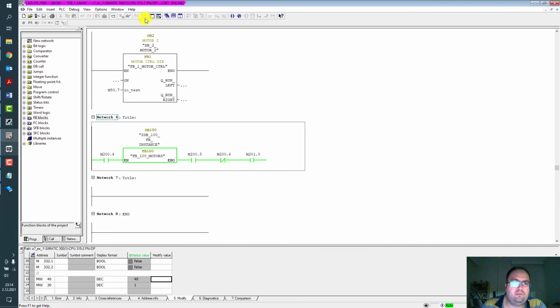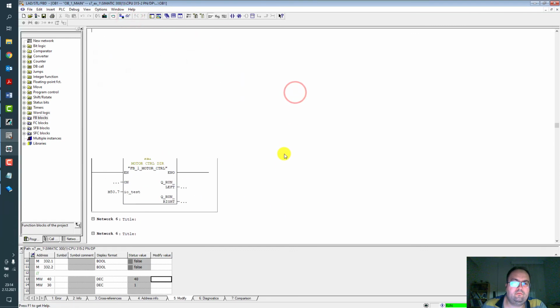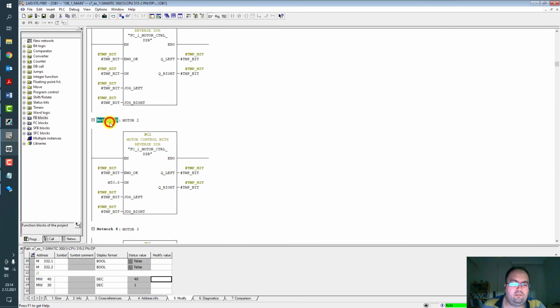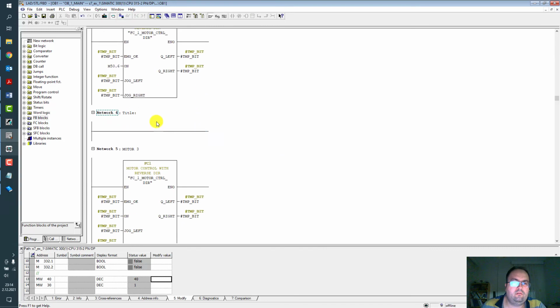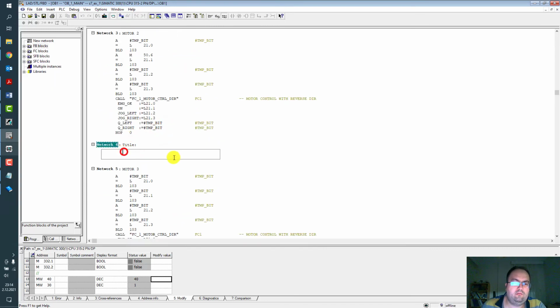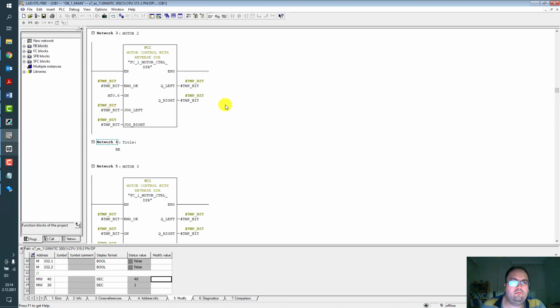For example, here between networks, let's say block end, save and download.